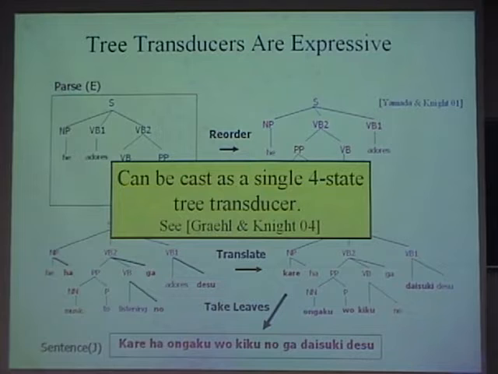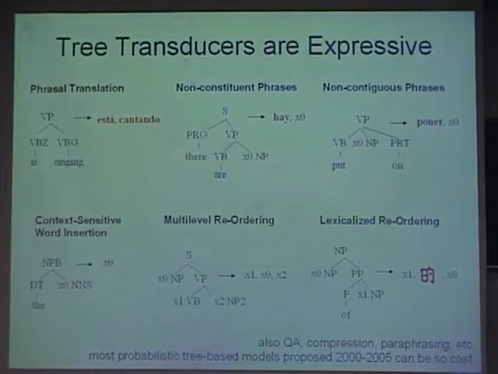So one nice thing is that this model we talked about before, you can just reprogram this thing as a single 4-state tree transducer. And so the tree transducers are very general, and they cover all sorts of things that you might want to do. It's not a good model, it turns out. But you could do all kinds of other better models, and that's what enabled us to think about these better models that can do much more stuff